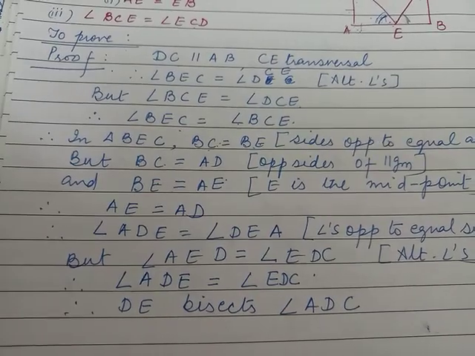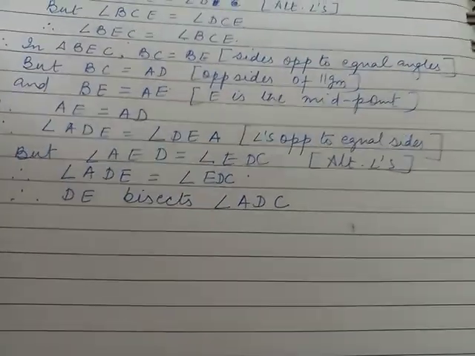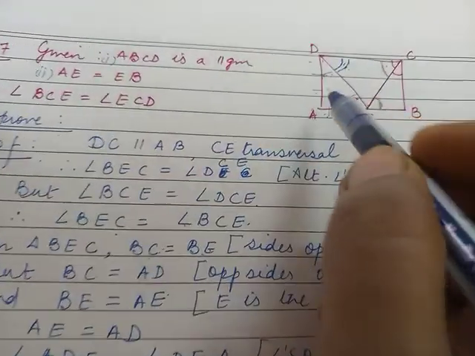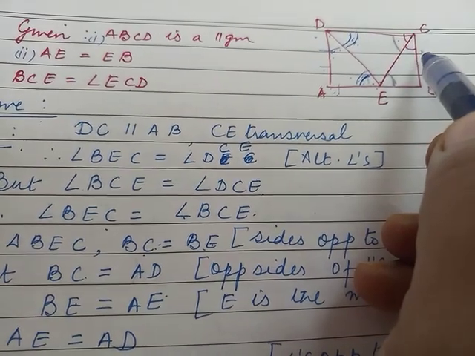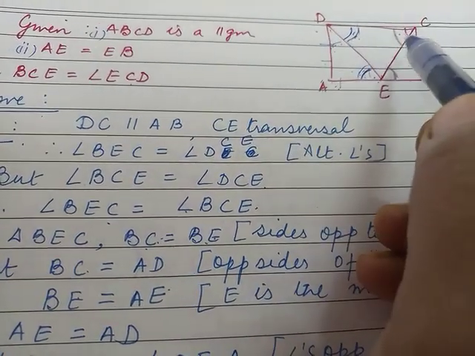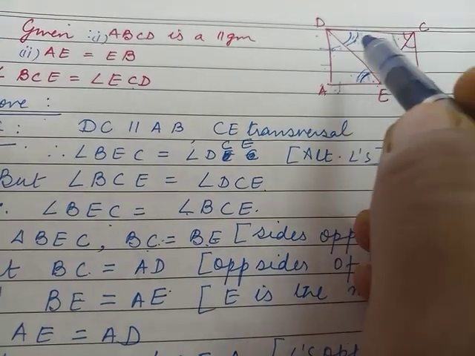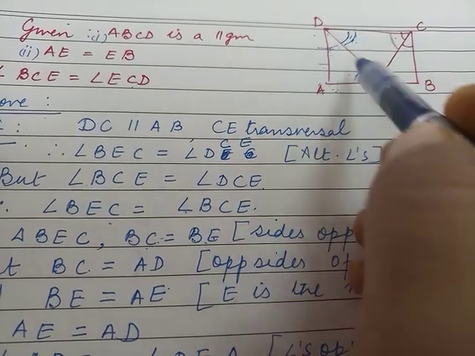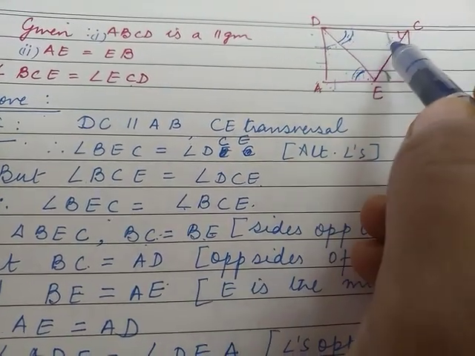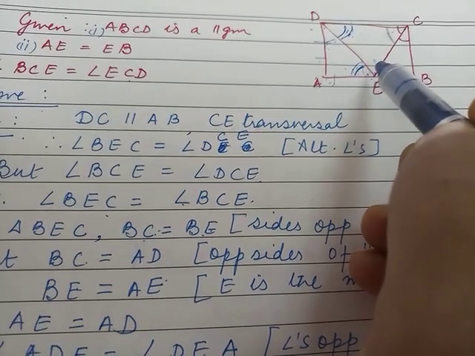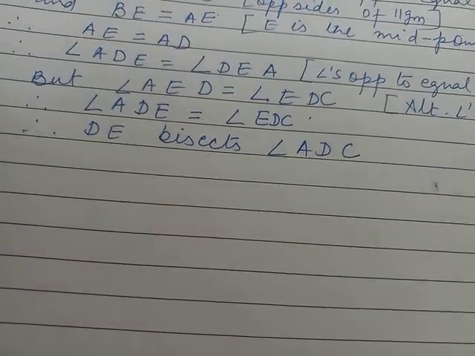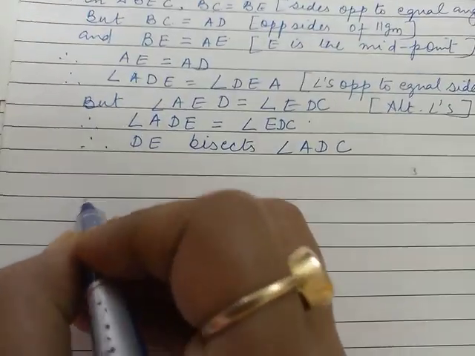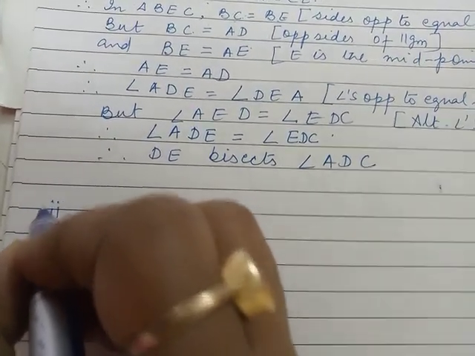And in the third part, what are we looking for? We are looking for the measurement of angle DEC. So what I am going to write firstly, see, angle D plus angle C is equal to 180 because the adjacent angles are supplementary. Then I multiply half to both the sides. So these two angles will become 90, and then I take triangle DEC. The sum of these two angles is 90. So this angle is going to be 90. See how we write the solution. So now what I am going to write? This is the solution for the third part.